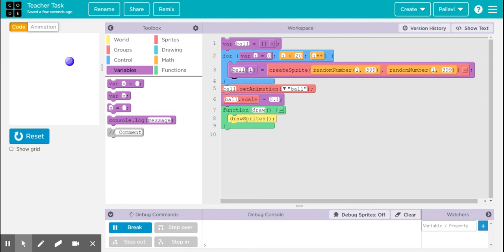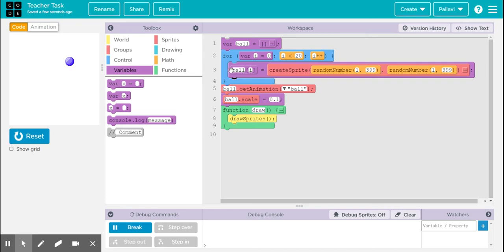So ball is the variable which has an array, and that array will have 20 items in it. Because I have specified the condition i is less than 20, the for loop is going to create these sprites at these locations as long as i is less than 20.